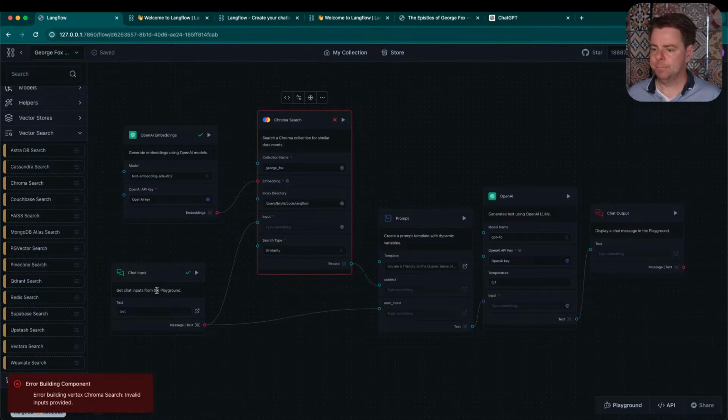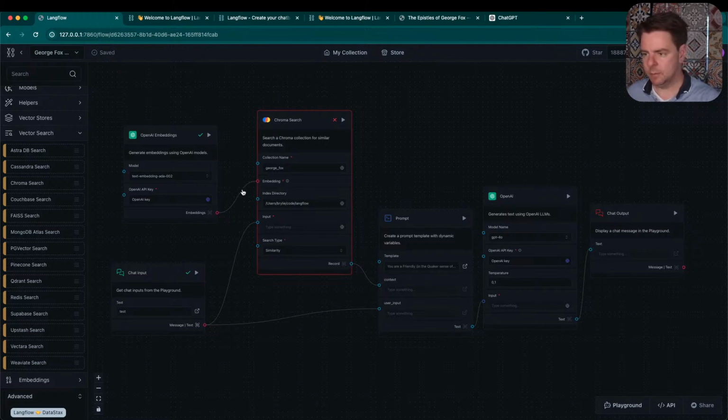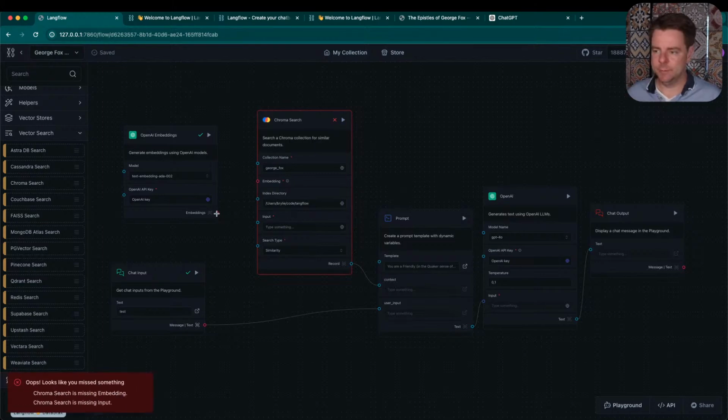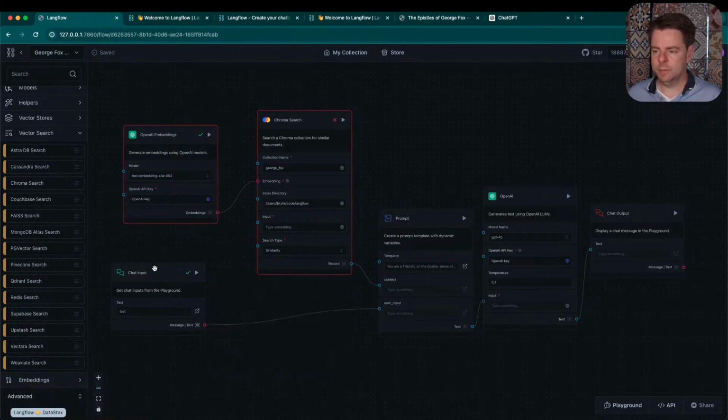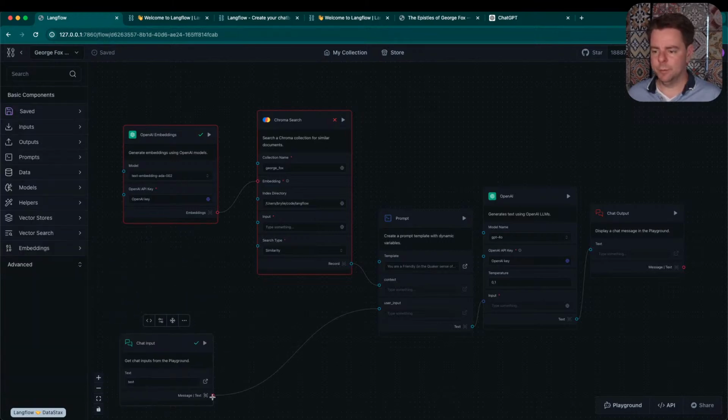No. We're sending it input, but Chroma search is missing an embedding. All right, so we'll get, Chroma search is missing input. Maybe I can just, so it's blue and this is pink. That could be indicative, but so this is receiving blue, and I'm just thinking the